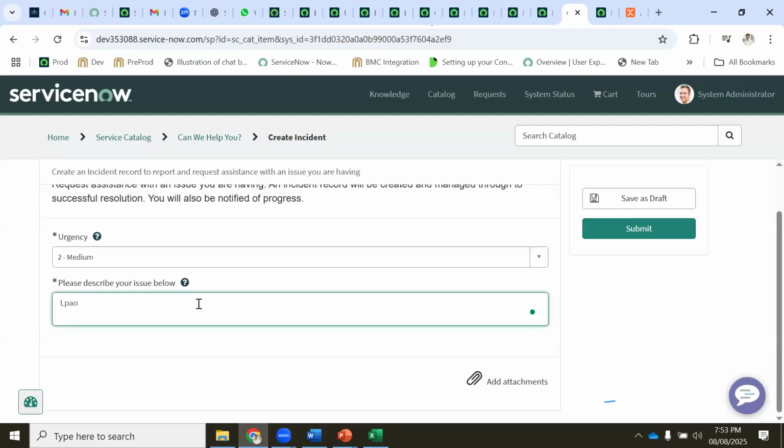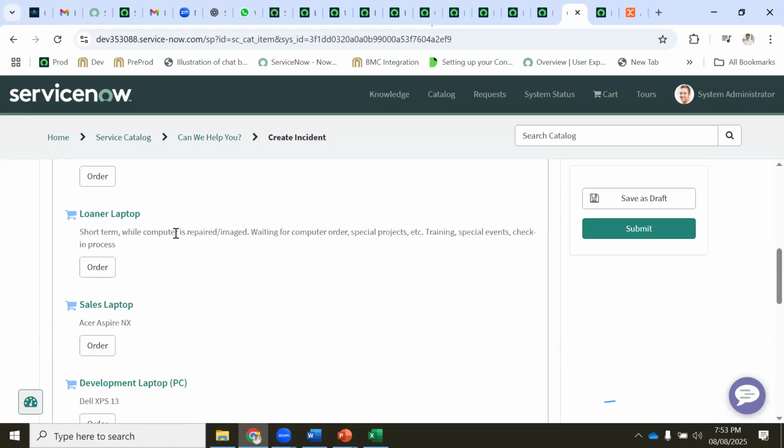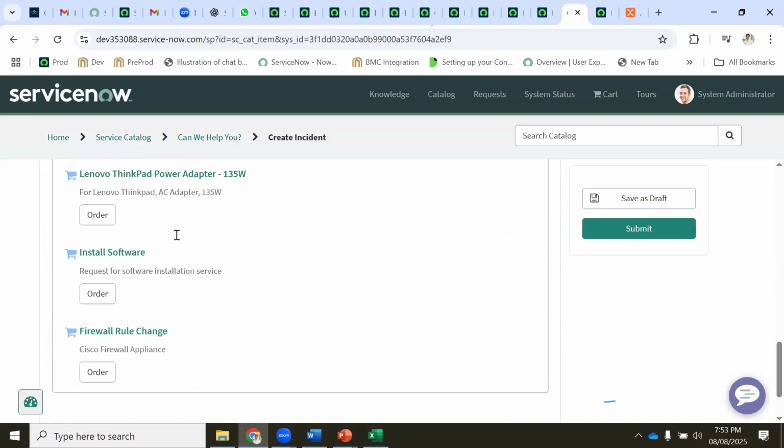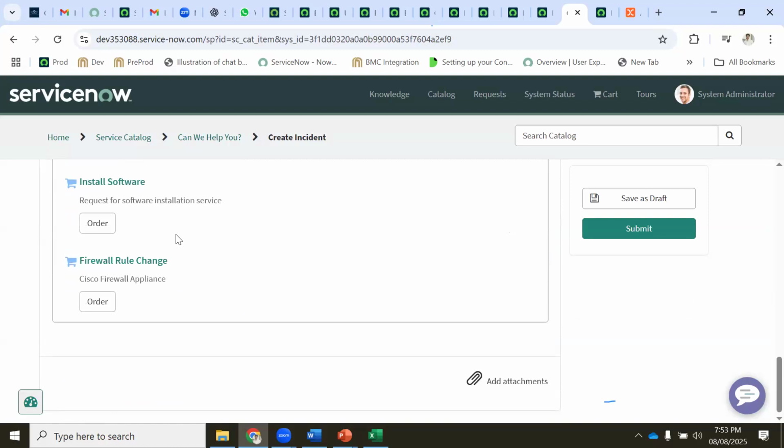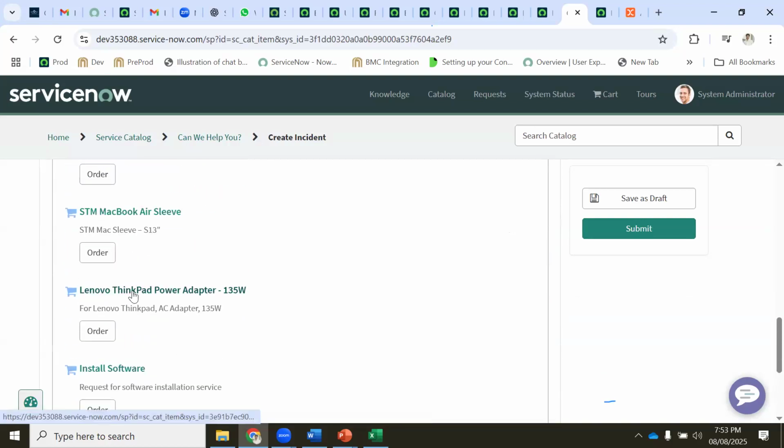laptop is slow. When I put laptop is slow, you see it shows multiple results related to laptop. You want to install software on the laptop? You can order here. You want a ThinkPad power adapter? You can request here.